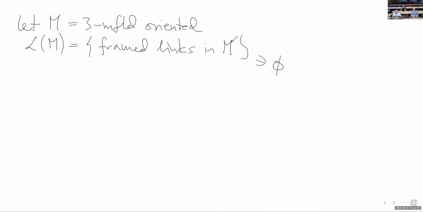And now I want to take a ring of coefficients, and this ring will be commutative with identity and with some specified invertible element A in it. And now the Kaufman bracket